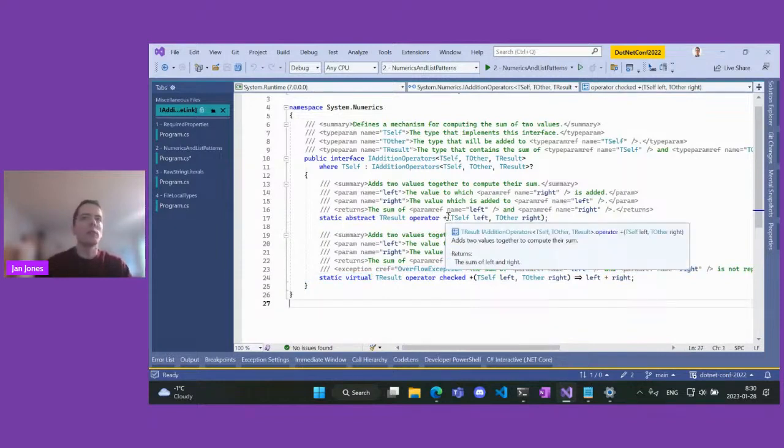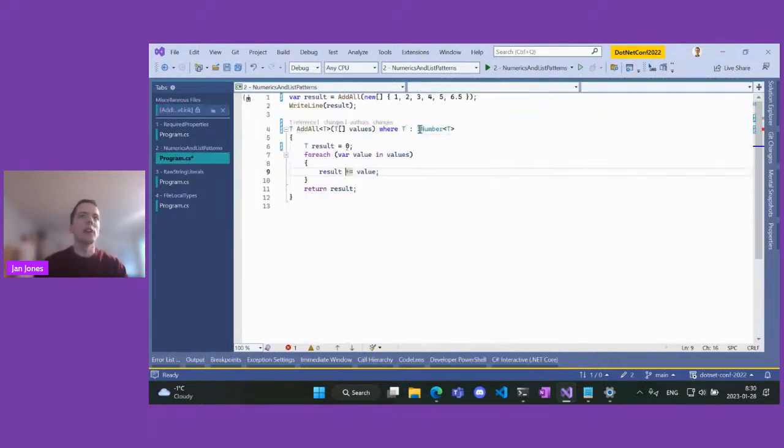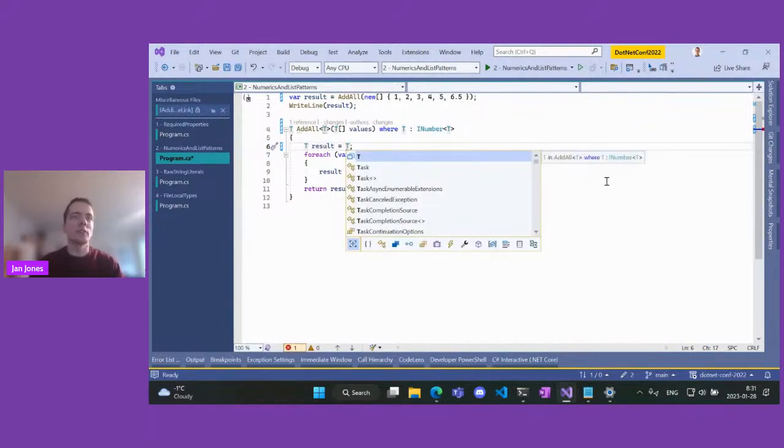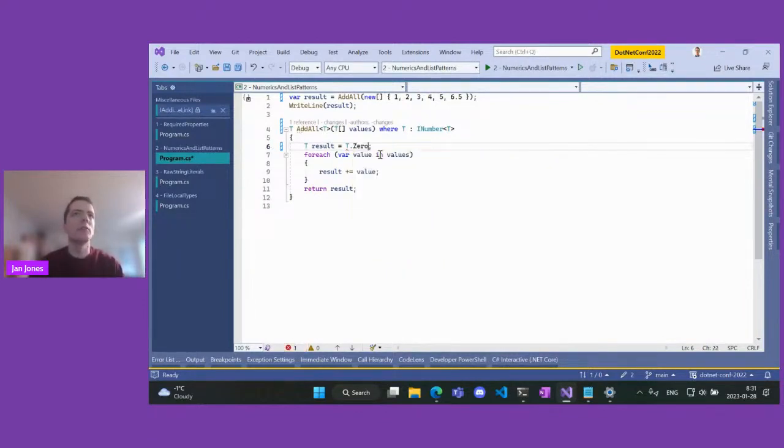So, previously you could have only normal virtual members on interfaces, but operators are static in C#, so we couldn't have operators and we couldn't be generic like this. And so this new feature allows that. And one other way it surfaces here is we can just write t dot and use static members of the type. For example, 0, we want to use 0 here, right? So this will be integer 0 if t is integer, double 0.